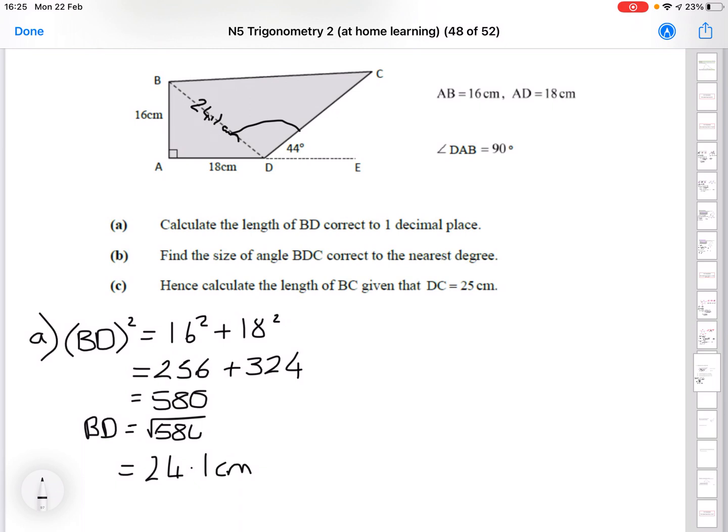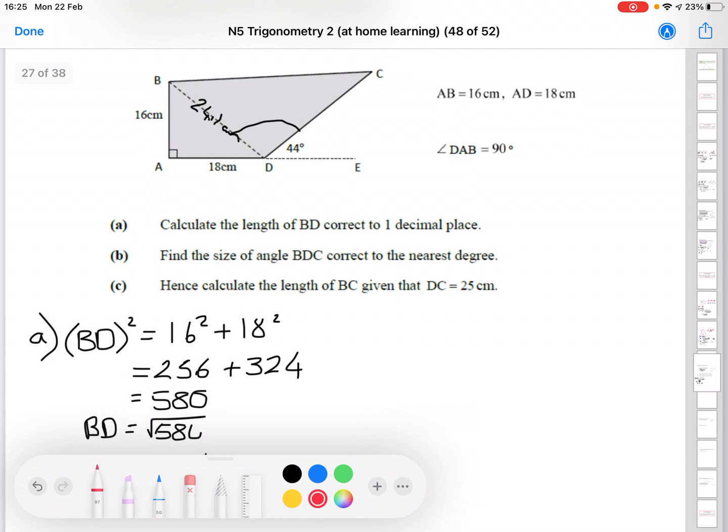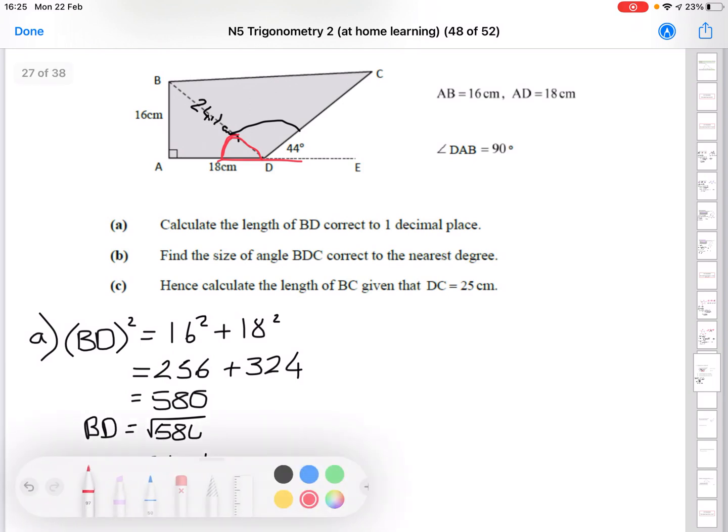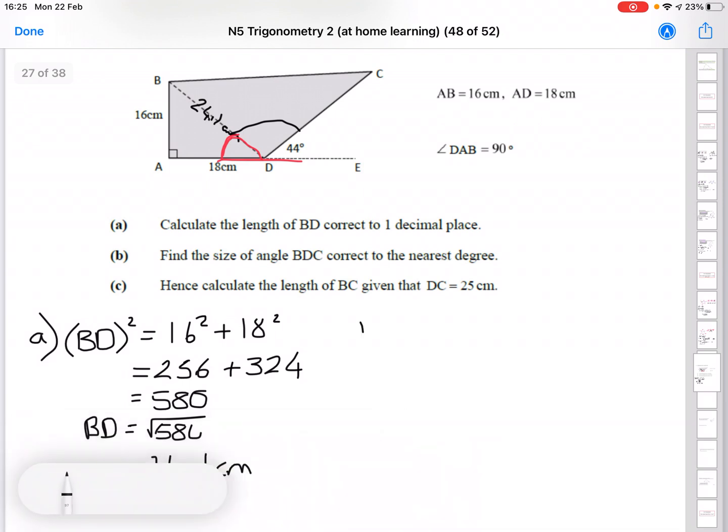So you've got to think, well, why would that 44 degrees be there? I need to use that in some way. So if we actually find the angle just here in red, what we could do there is do 180 for a straight line and then subtract that red angle and subtract the 44 and we'd be left with the angle that we're asked for. So in the right angle triangle that we have there, so if I just isolate that